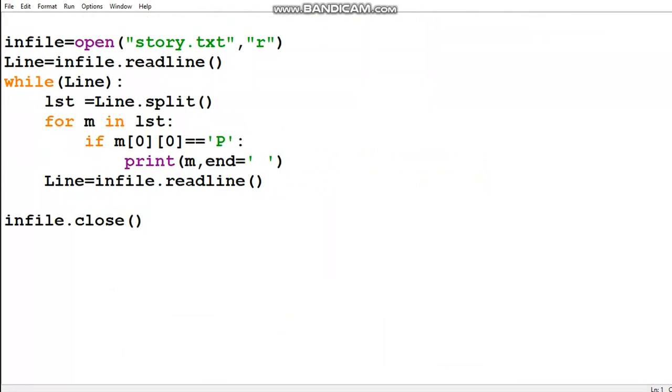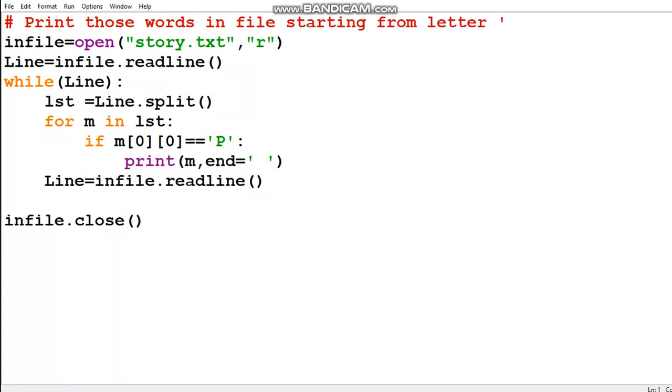In this I'm trying to print those words in the file starting from letter P. So at first, print those words in the file starting from letter P.